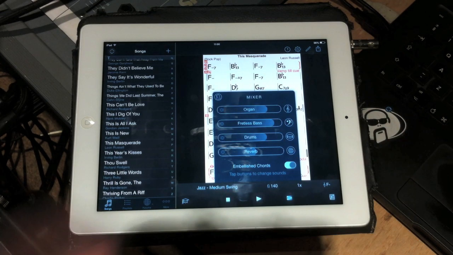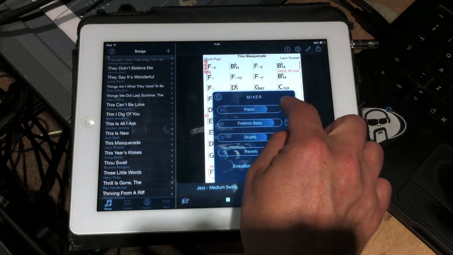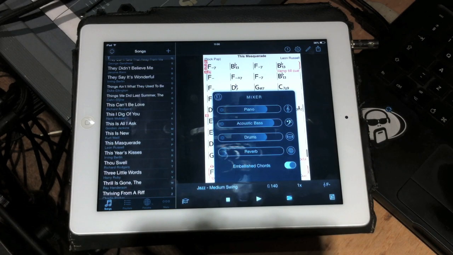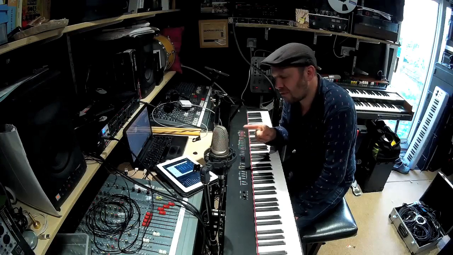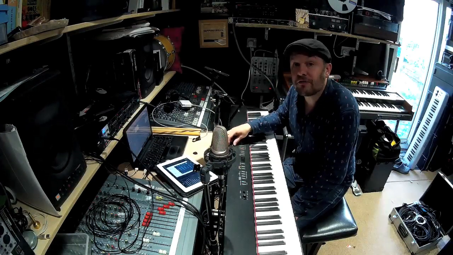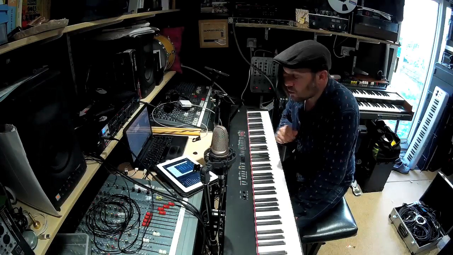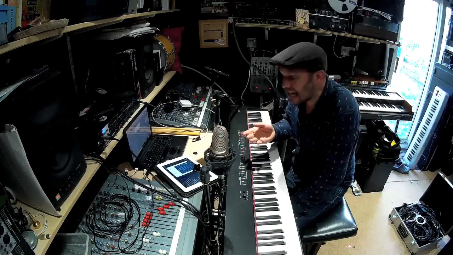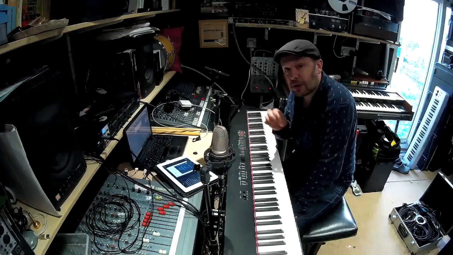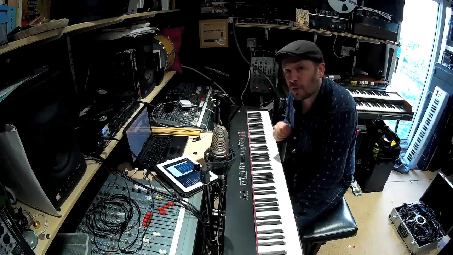Okay, I'm just going to take the reverb off there. I'm just going to go back to piano and acoustic bass. Note that you cannot change things like this on the fly, because what it does is it actually renders the MP3 file ready to play. So you can't change the tempo either, or the key, or the number of times. So it's good for gigging, but you need to really work out what you're going to do before you start